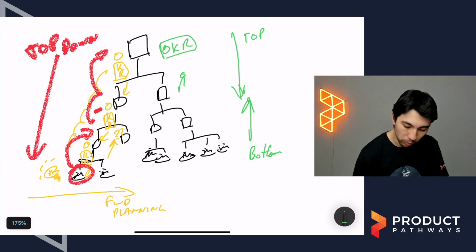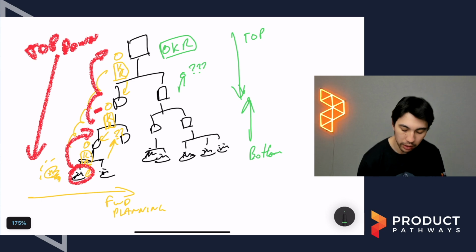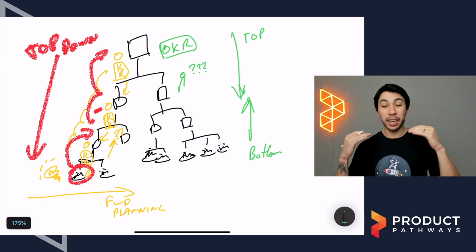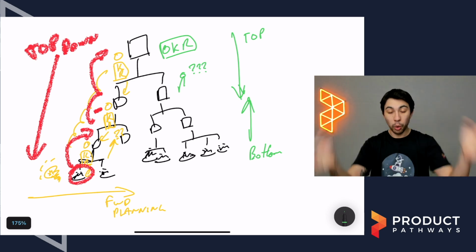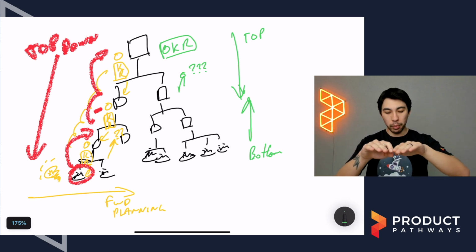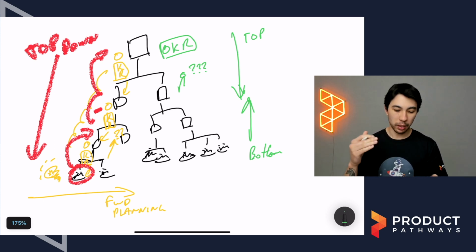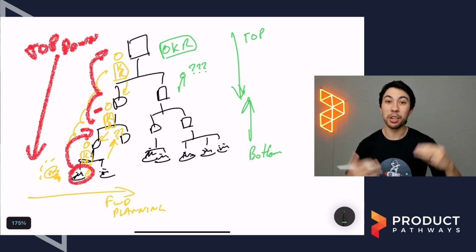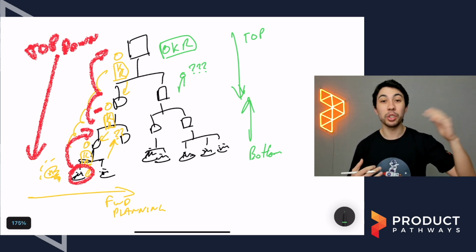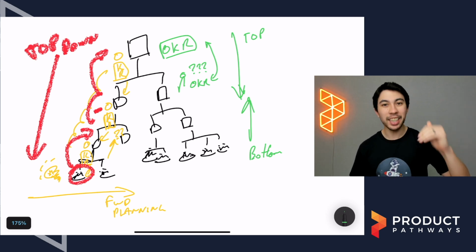But then the people in the next rung of the ladder, rather than inheriting a key result as their OKR, they start to think, and the question becomes, what within your realm of responsibility, so what do you own? What slice of the organization do you own? Is it marketing? Is it whatever? Within the realm that you own, how can you help me as the person at the top, or the CEO or whoever? How can you help the CEO achieve their goal? And then they will come up with their own OKRs, which align to that OKR. It doesn't cascade, it aligns.